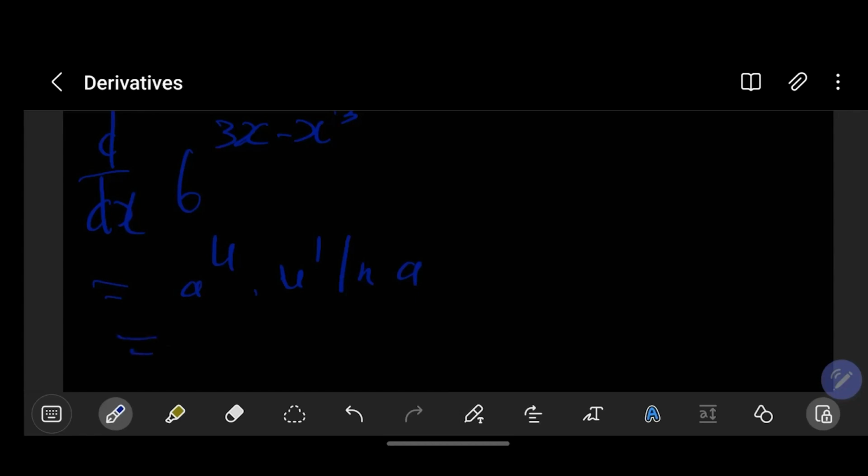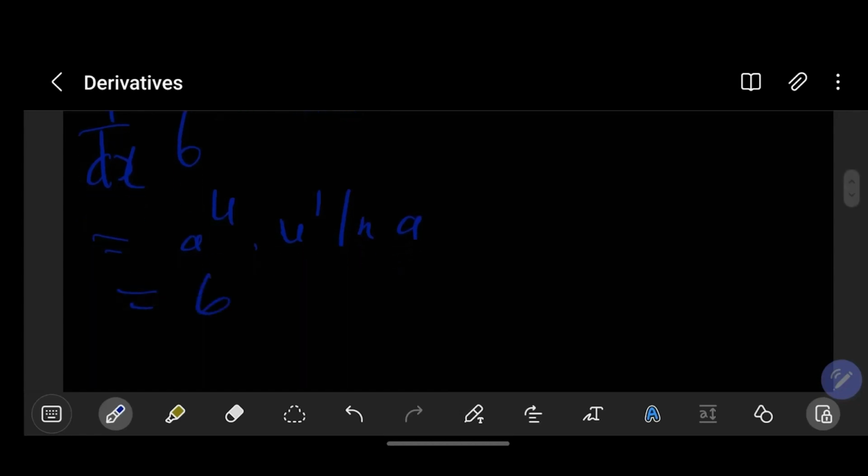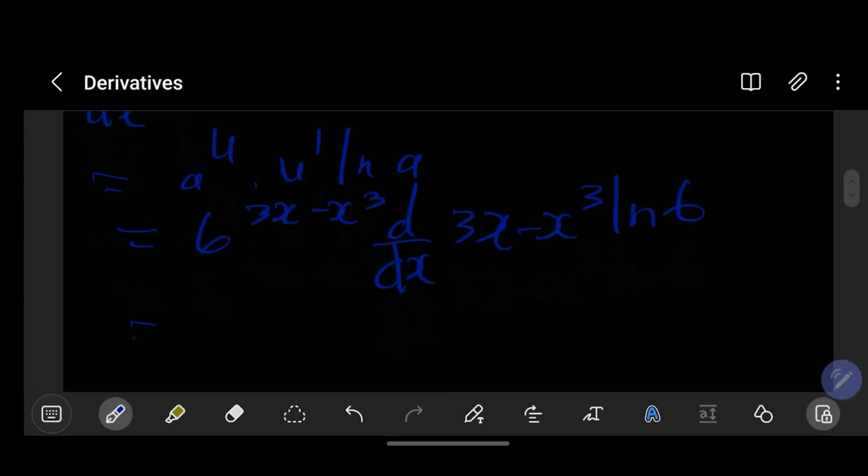So that's now equal to 6 raised to the 3x minus x cubed times d/dx of 3x minus x cubed times ln of 6. So that's equal to 6 raised to the 3x minus x cubed times, d/dx of that is 3 minus 3x squared, and we are left with ln of 6. Okay,